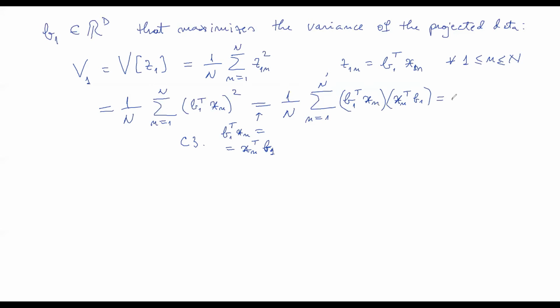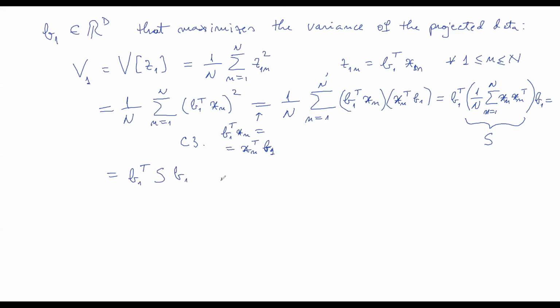So what I'm getting is b1 transposed times 1 over n, the sum of xn times xn transposed, multiplied by b1. And this is nothing else than the covariance matrix of your data set. So the variance that you want to maximize is exactly b1 transposed S b1,